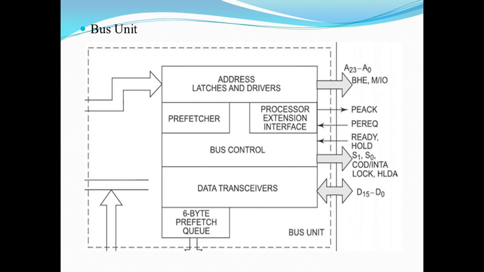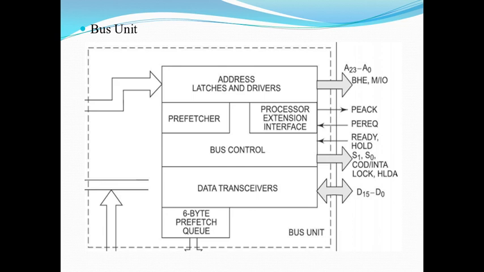Here, instructions are fetched in advance and stored in a queue to enable faster execution of the instructions. When it comes to instruction fetching, decoding and execution, if instructions are already fetched, it can directly go for decoding instead of waiting for the instruction to be fetched from the memory. So instruction prefetch enables faster execution.